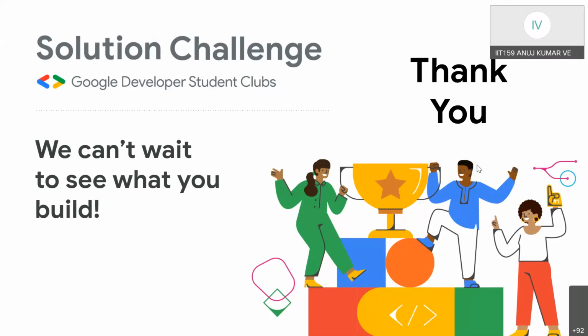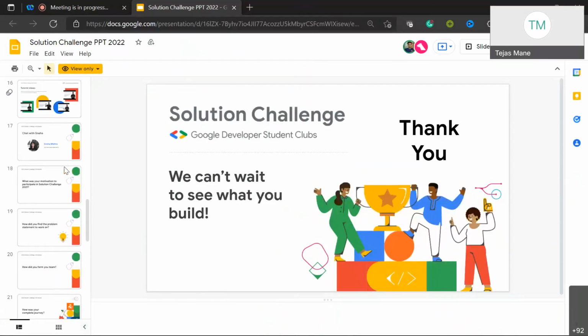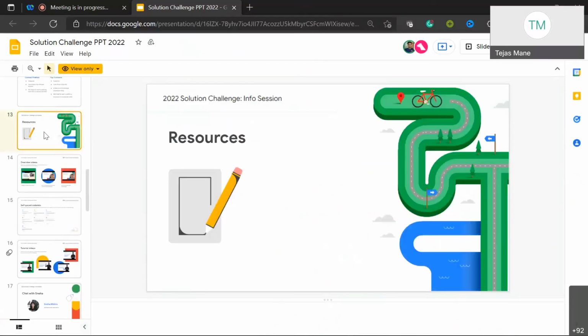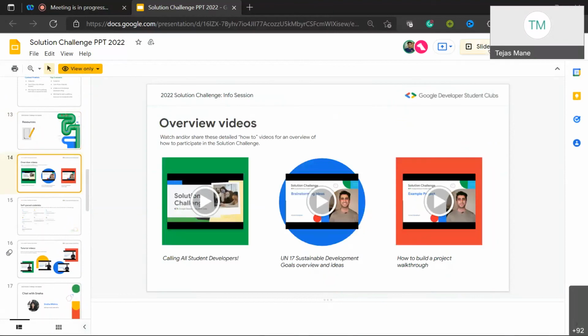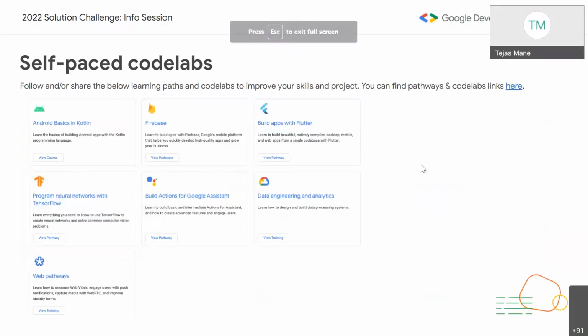Yeah, definitely. Tarun, can you please go back to the resources slide? Next slide. For those students who don't have any prior coding experience, or who don't know any of these Google technologies and how to utilize them in your solution, you can check out these self-paced code labs.